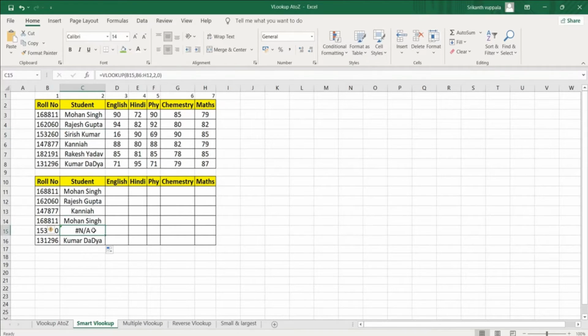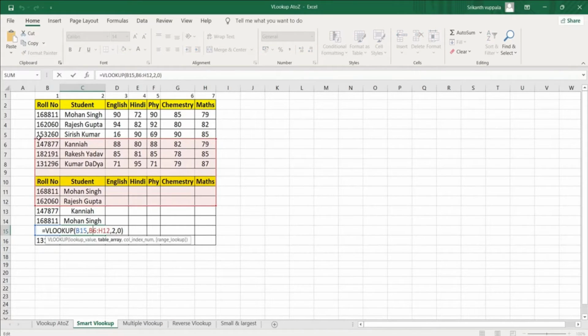Why? If I double click in the cell and check, see, my range is getting updated. Whenever we drag the formula to the cells below, the range in the formula will get updated.